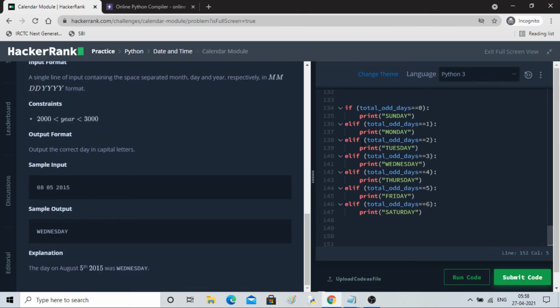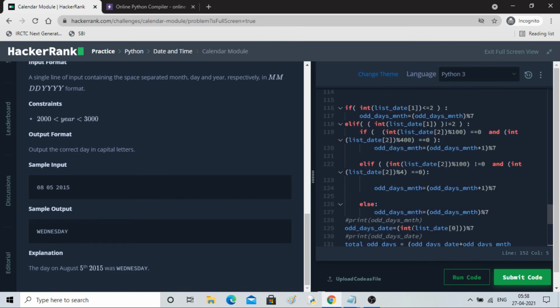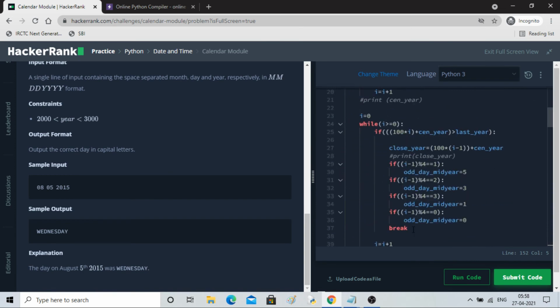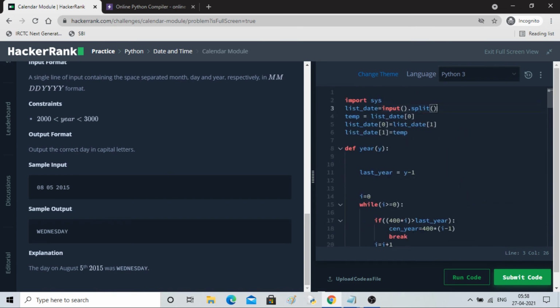Here you can see everything is the same. Just in the beginning I have taken the input as list date, and I have split it with dash, and then with space. So list date 0 is saved in a temporary variable, then list date 1 is transferred to the 0th position, and then the temporary variable passes to the first location.